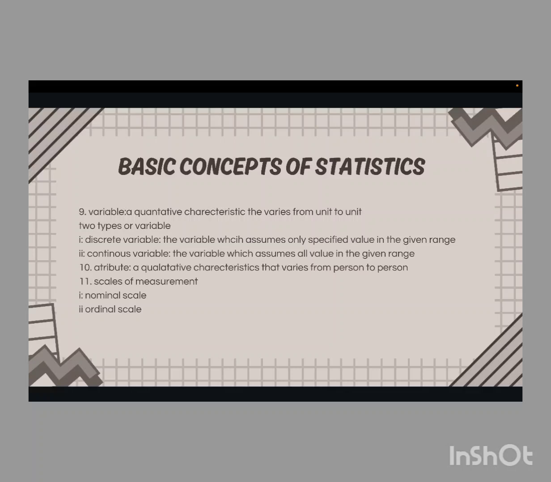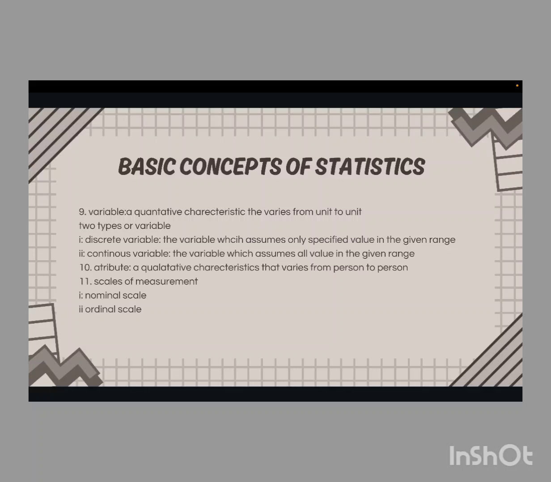So for example, number of accidents occurring at a junction every day. Then the number of telephone calls received at an exchange. Okay, at an exchange there are so many calls received, but we are only assuming the particular calls from, okay, from my house there are only particular calls coming. So those are the assumed values, assumed only specific values. Continuous variable, which assumes all the values in the given region. All the calls that are coming to the exchange come under continuous variable.